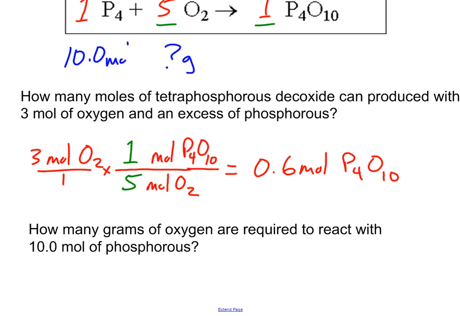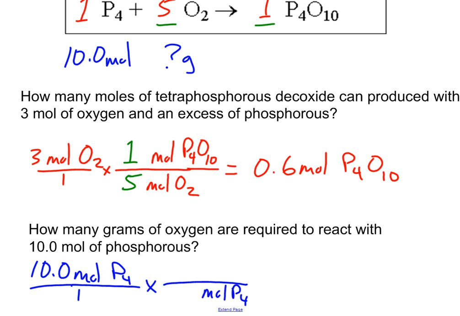Okay. And in this situation, we aren't told anything about the tetraphosphorus decoxide, but we really don't need it. We're just trying to figure out how much oxygen we'd need to react with all the phosphorus. So again, I'm going to go to my dimensional analysis techniques. I've got moles of phosphorus over 1. And I'm going to go moles of phosphorus